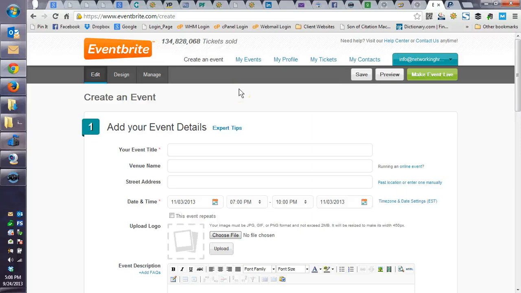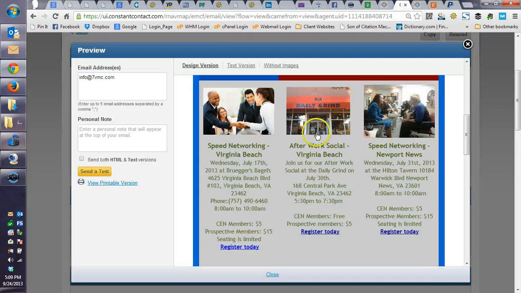But in any case, it's going to have the event title, the venue name, and I'll tell you all that, dates and times. But the most important thing is once the event is created, you're going to go back to your